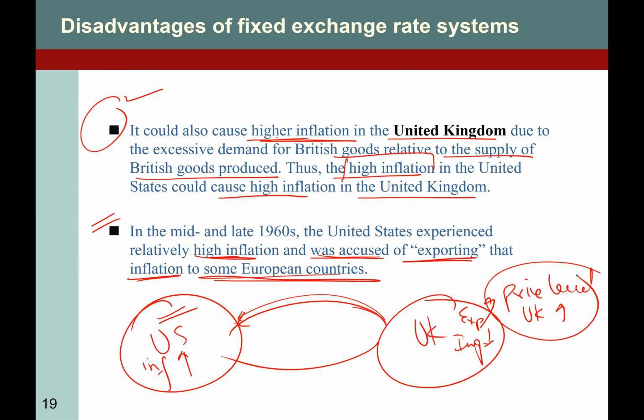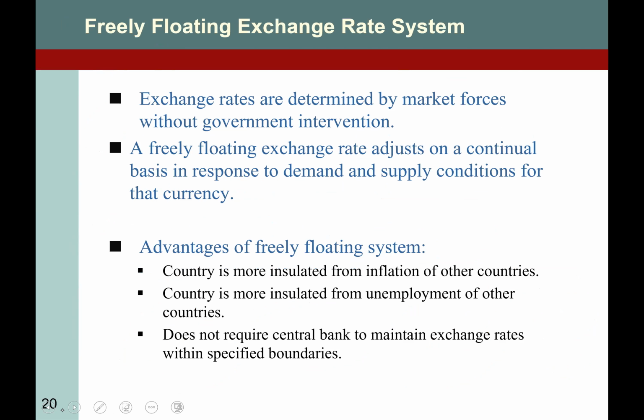And the question is how the price level in the UK starts rising. Because there is going to be a lot of demand for UK products, and the UK will be experiencing shortage. Right? So most of the production is consumed by the US, and for locals there are shortages. When there is shortage, price goes up. Right? So that is the economic explanation as well.